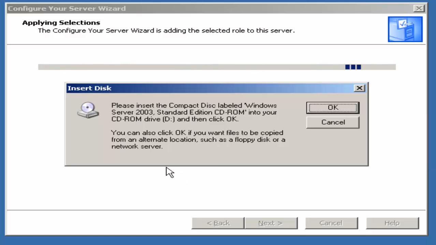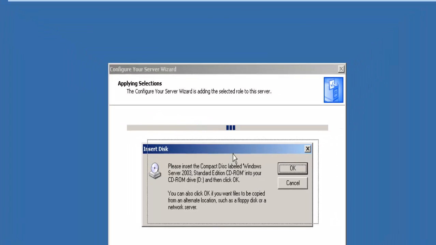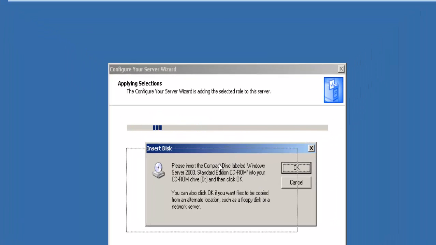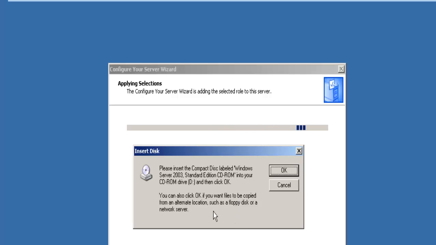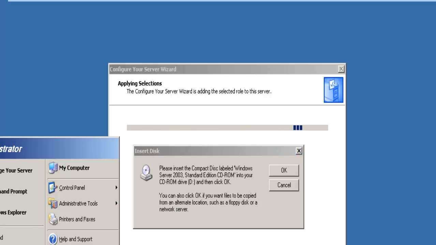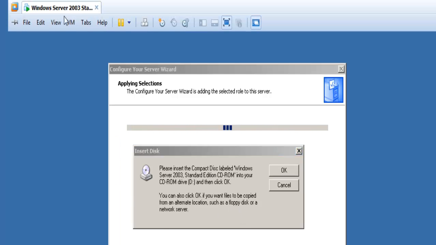It says, please insert the compact disk labeled Windows Server 2003 Standard Edition CD-ROM into your drive and then click OK. So it's asking for my CD. You can click OK if you want files to be copied from an alternative location such as a floppy disk or network server. So what I'm going to do is search for